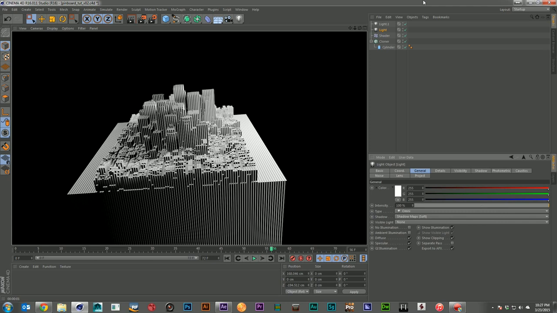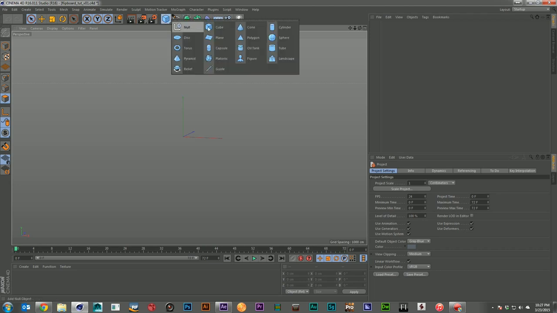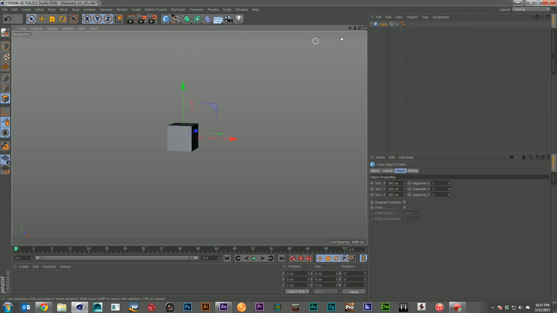And now the final thing that I've done over and over again with the cloners are these flip boards. Keeps coming up, so it's definitely something we should address. So we're going to start that one out with a cube.